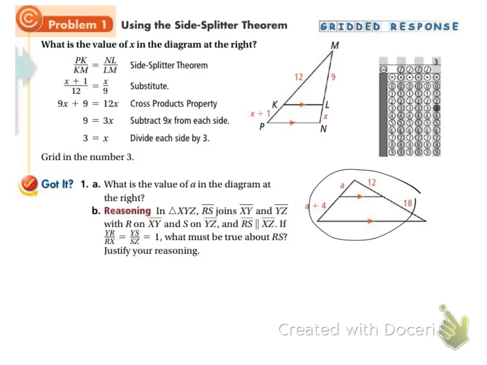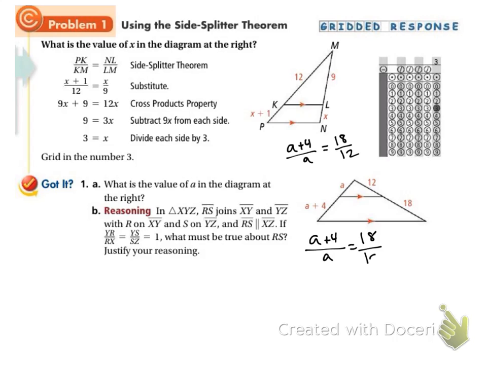So we're going to do the bottom one down here. So remember, we said this over this is equal to this over this. Doesn't matter which one you could do. So we said A plus 4 over A is equal to 18 over 12. Remember, you can flip both of those, right? So you could have A over A plus 4 equals 12 over 18. That would also work. And so I'll write it down here so we can actually use it